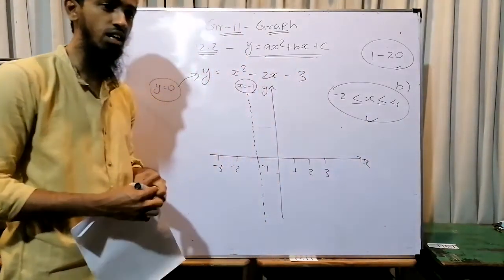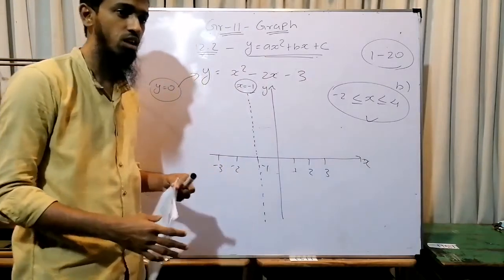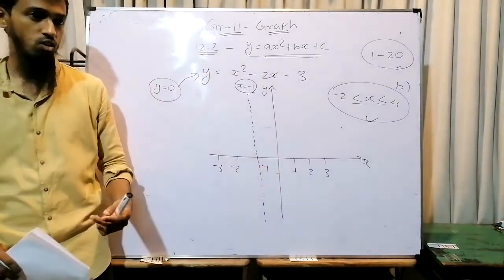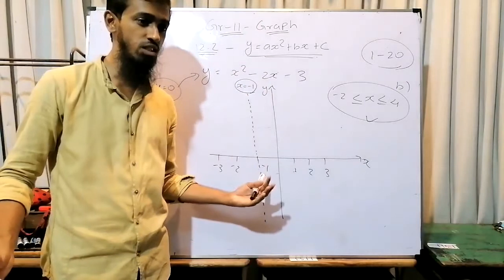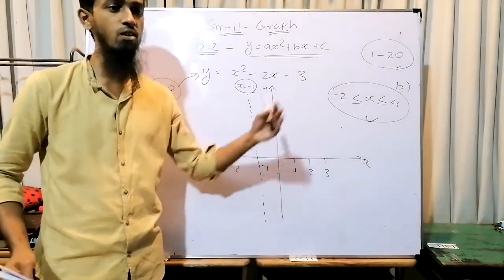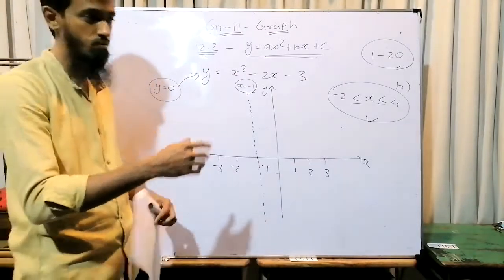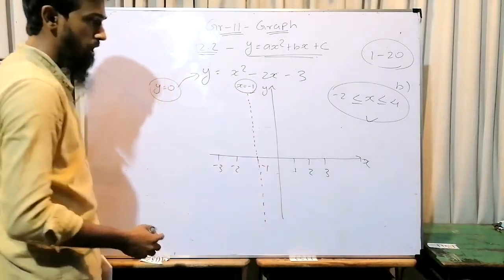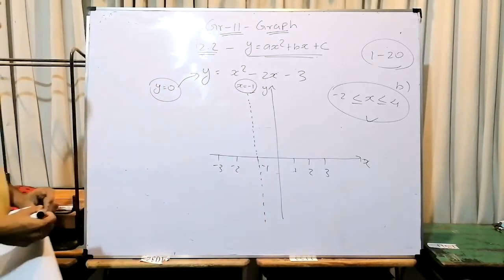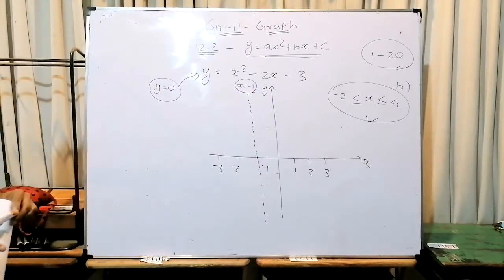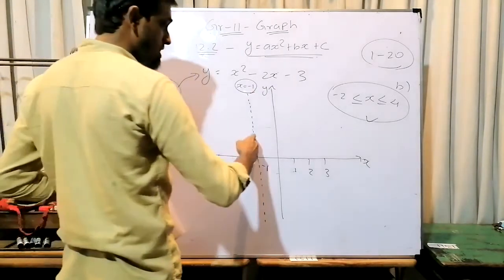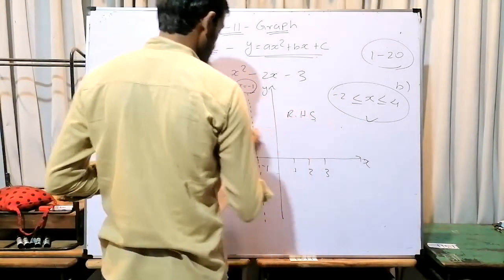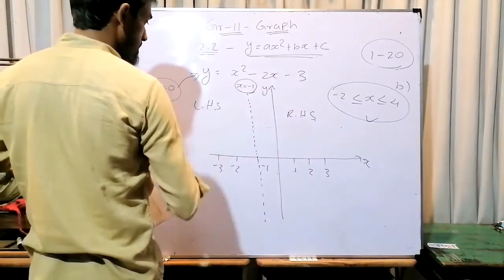As I said earlier, there are no special questions. All the questions are from what we studied in grade 10. The main part of the question in grade 10 is writing the range of values of x or range of values of y. If you draw a straight line on the Cartesian plane, the plane divides into two portions. One portion is the right hand side of the line. The other portion is the left hand side of the straight line.